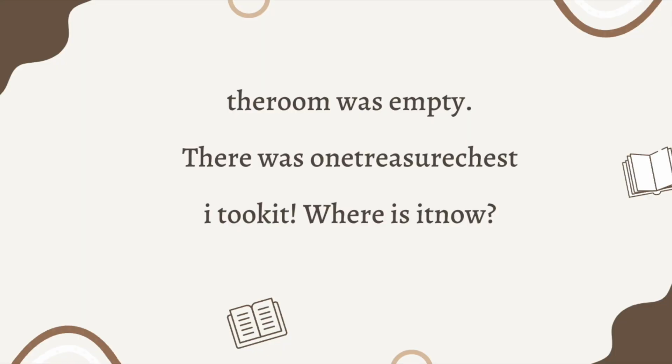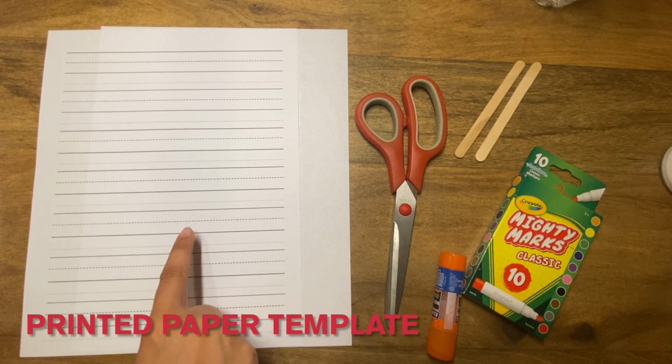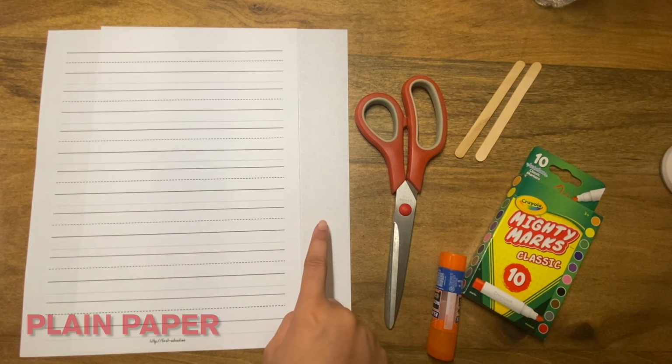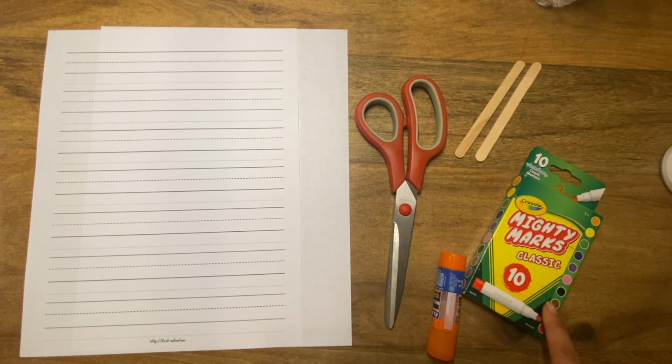Let's put our CSP rules to practice by looking at a special mystery story. Oh no! It seems as though this story is not written correctly. Let's practice our CSPs and make sure to rewrite the story to be correct. So let's go ahead and get our activity materials to rewrite the sentence correctly. For this activity, you will need a printed out paper template, plain paper, some scissors, one popsicle stick, markers, and